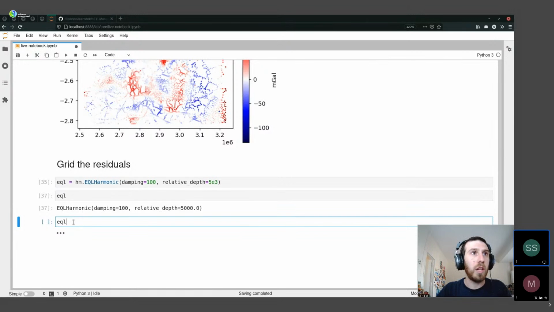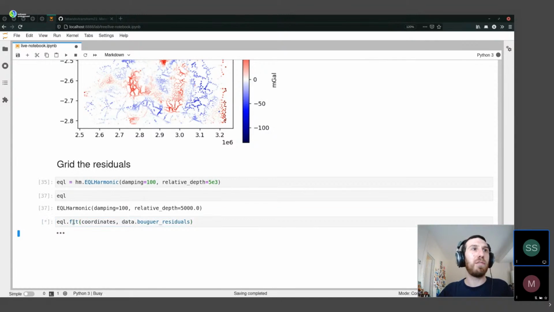So we can type eql.fit, parentheses, coordinates, comma, and that's the coordinates of the data points, and let's use the Bouguer residuals to fit. So that would be data.bouguer_residuals. So, a warning here, I will run the cell. It might take a few seconds. It would probably be faster than the forward model, but